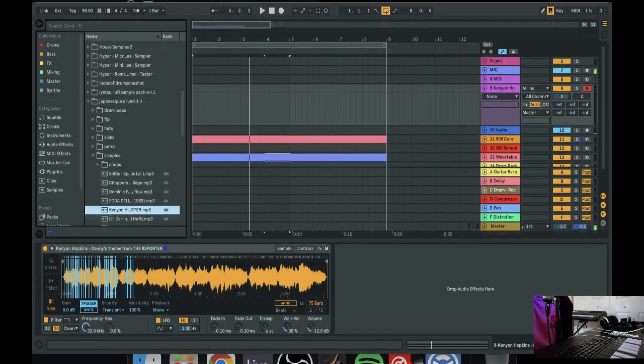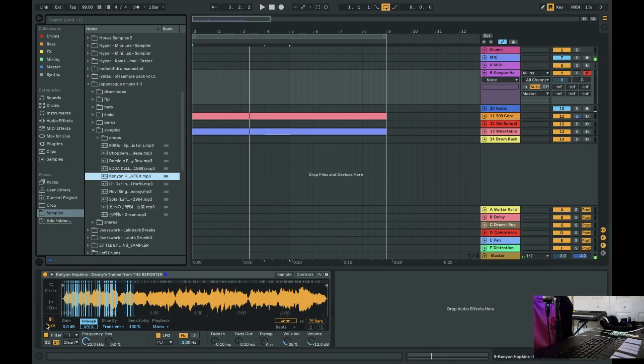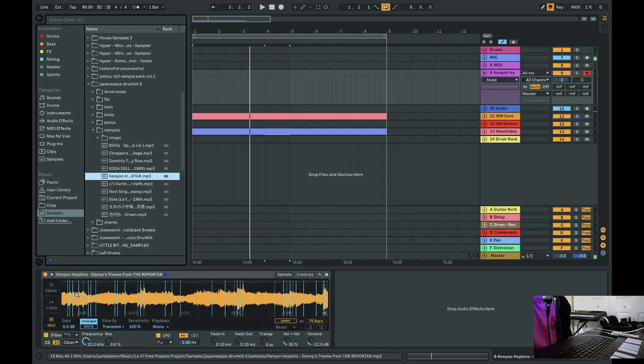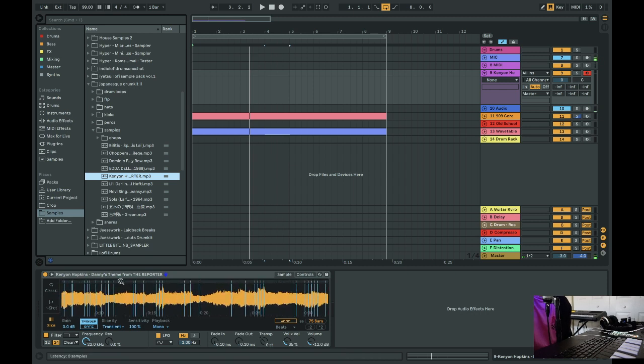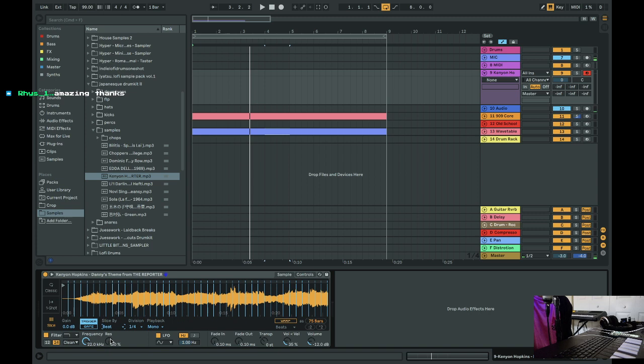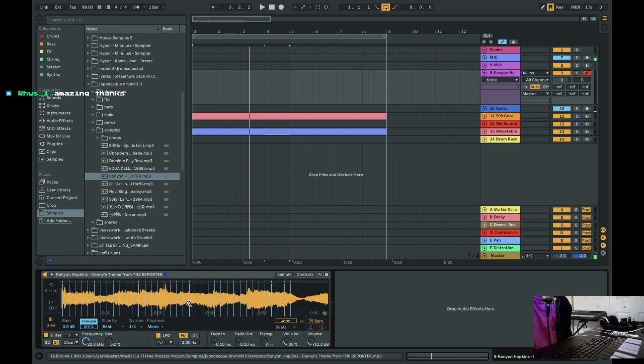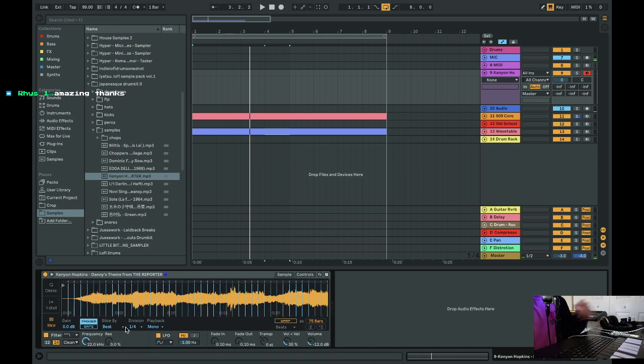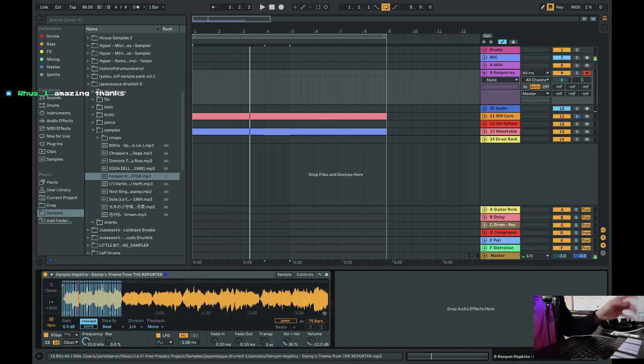So let's just say that you have this sample, you really like it, you want to make a song off of it. And then once it's in Simpler, you could drag it to slice. Now slice is these little blue bars, and it's being picked up. Now, you're going to go over here by transient, and you're going to click beat. Now it's cut up to every quarter. It's chopped up. Every quarter of a song is chopped up,